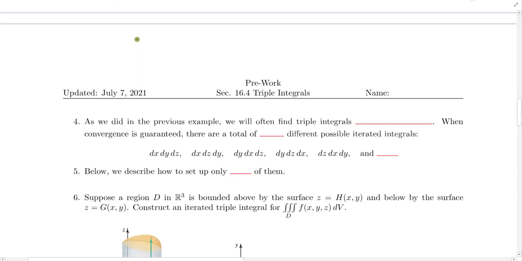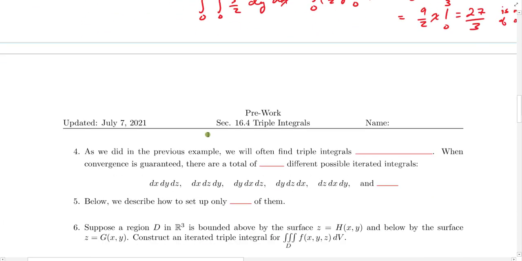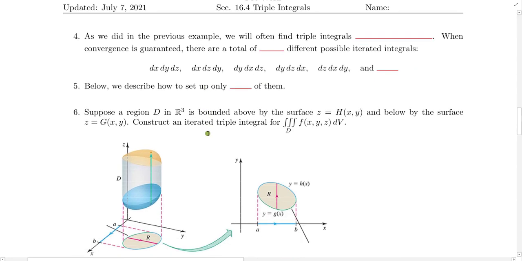So folks, in the previous example, we were asked to compute this triple integral right here. And we went ahead and did so by computing an iterated integral instead. And that's generally going to be our strategy going forward. But what's difficult about these triple integrals is even though we are still going to try to evaluate them iteratively,